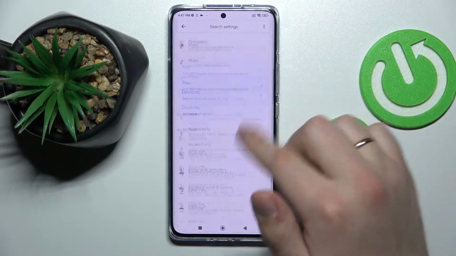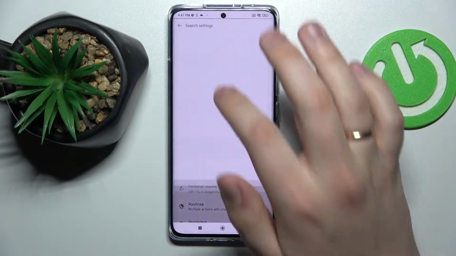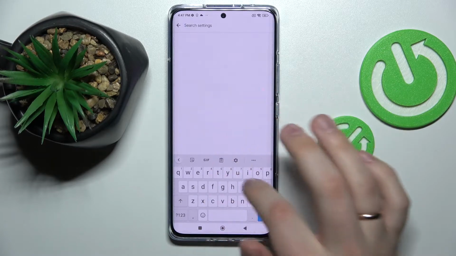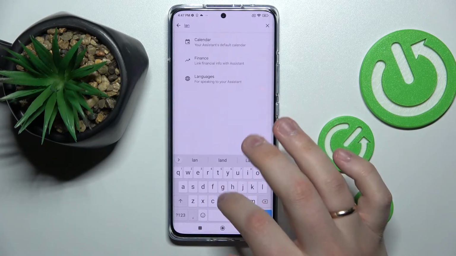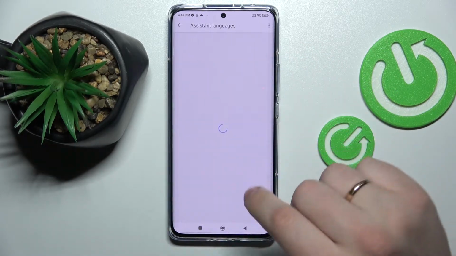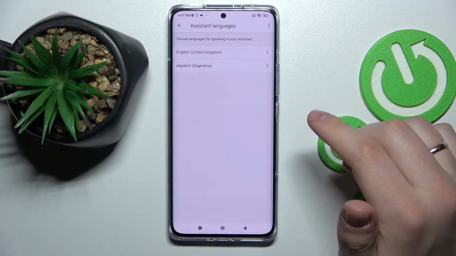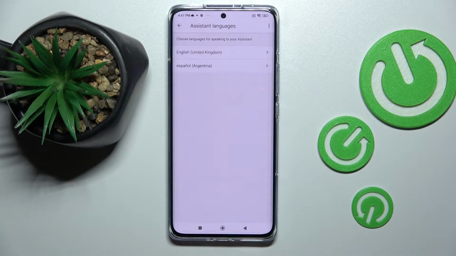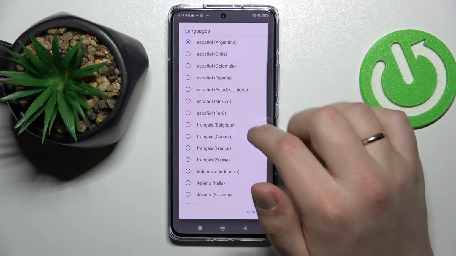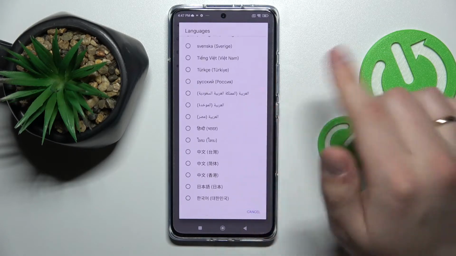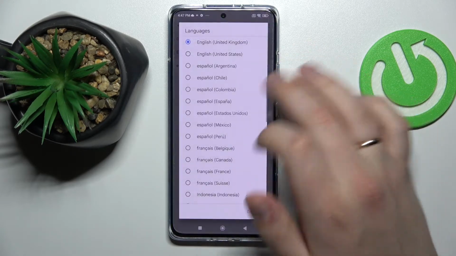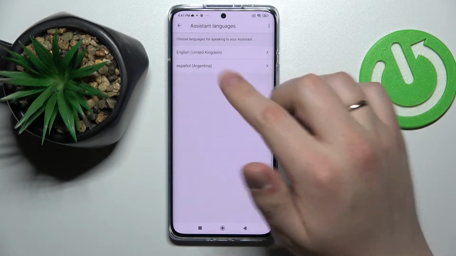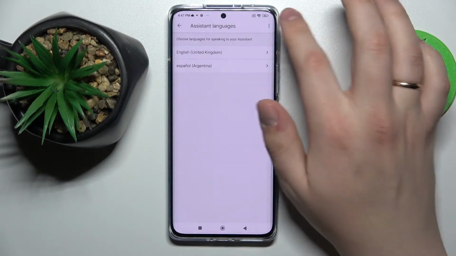And here you can either just manually find the setting or type in language. Choose the languages setting, and here you have an opportunity to change the language in which the Google Assistant speaks. In order to change the language, just tap on either of these options,